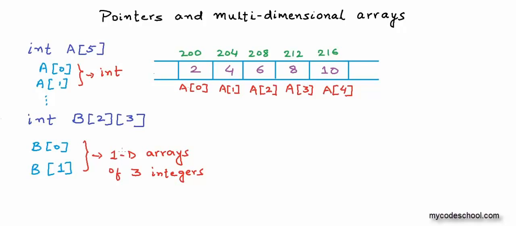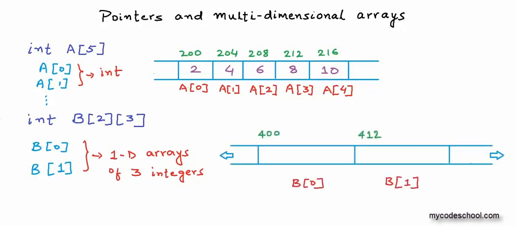A one-dimensional array of 3 integers would be 12 bytes if each integer is 4 bytes in size. So if I have to show this in memory, the first block of 12 bytes starting address 400 will be B0, and the next block of 12 bytes starting address